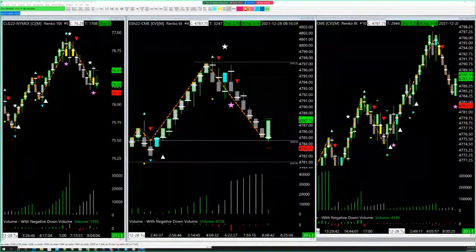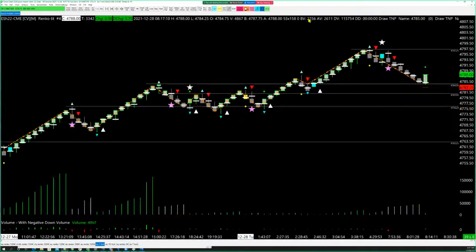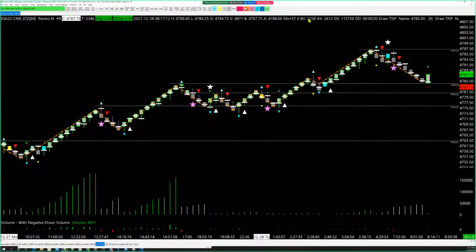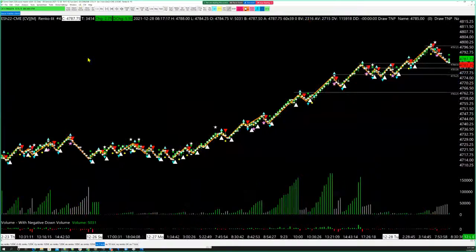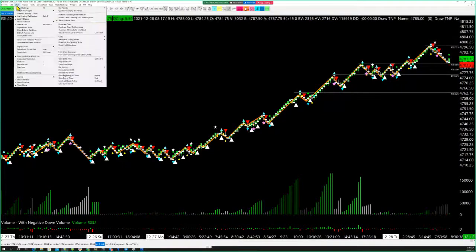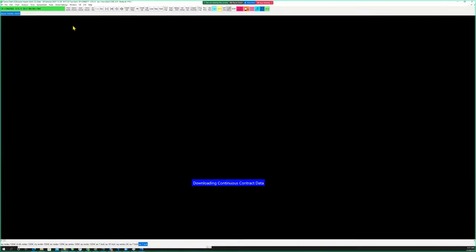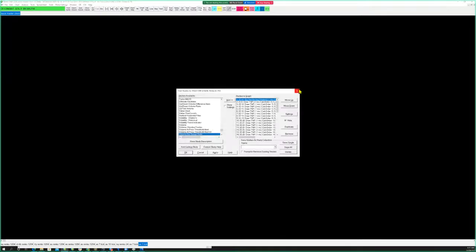Okay, what I want to cover is getting behind the power, what happens when you get behind the power bars, and how to set up trades. I'm just going to use a 6-tick Renko and ES for this. If I duplicate this chart and turn off all the algos, except the energy bar,